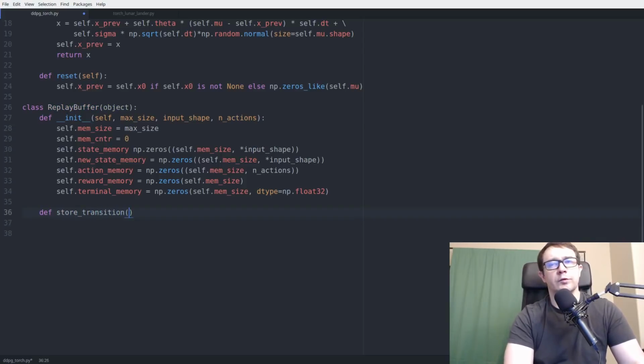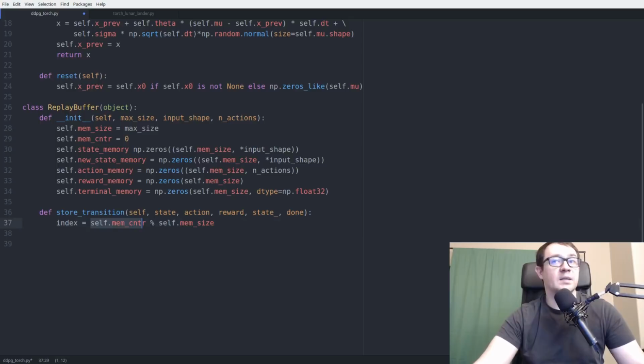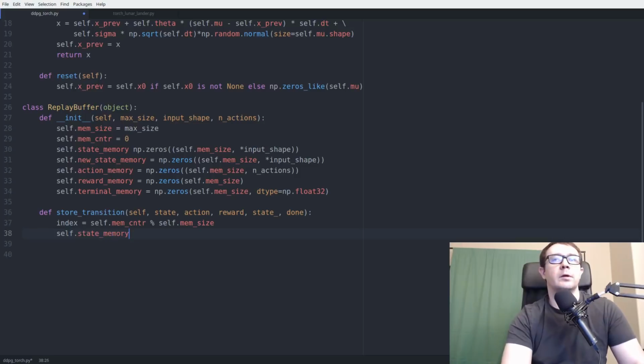We need a function to store transitions, which is just a state, action, reward, new state, and done flag. So the index is going to be the first available position. So mem counter just keeps track of the last memory you stored. It's just an integer quantity from 0 up to mem size. And so when mem counter becomes greater than mem size, it just wraps around from 0. So when they're equal, it's 0, and when it's equal to mem size plus 1, it becomes 1, and so on and so forth. So state memory index equals state,